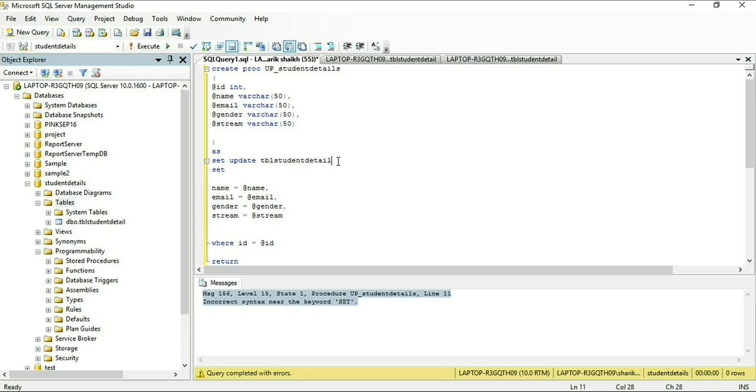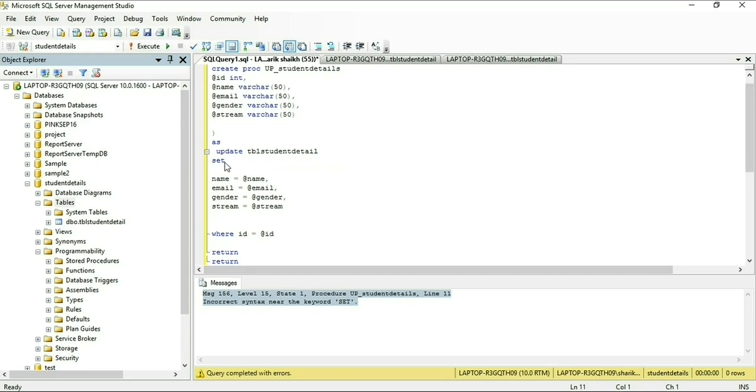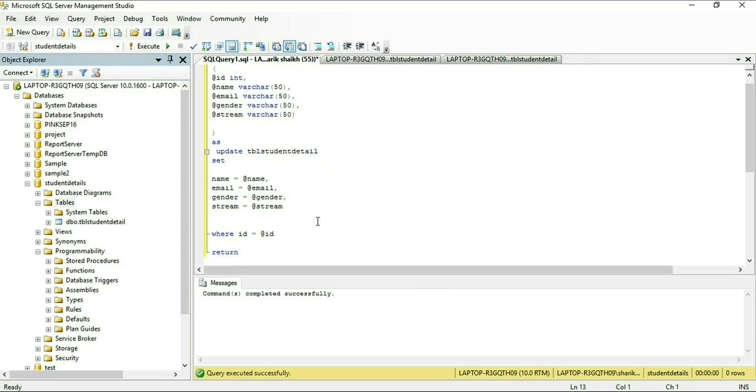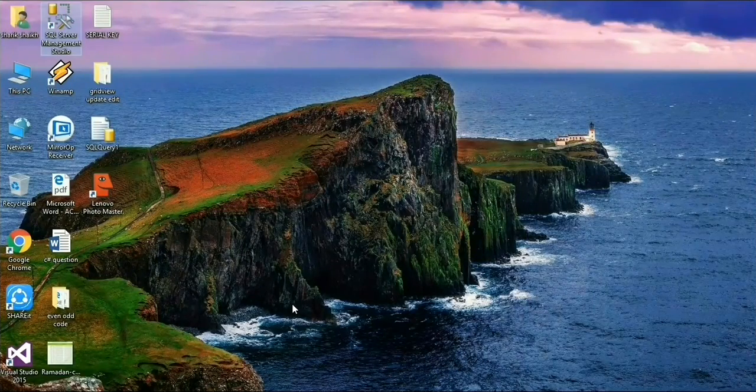Our table name is also correct. Okay, sorry for that. I am taking SET near UPDATE. Okay, again execute it. Our command completed successfully. It means our stored procedure is successfully created.